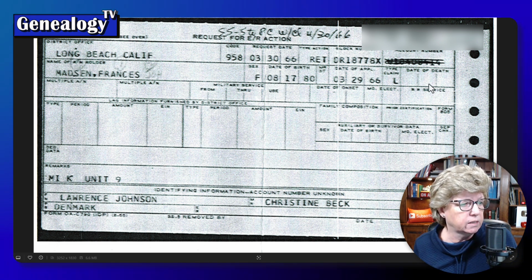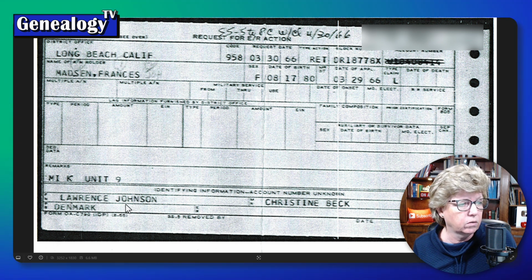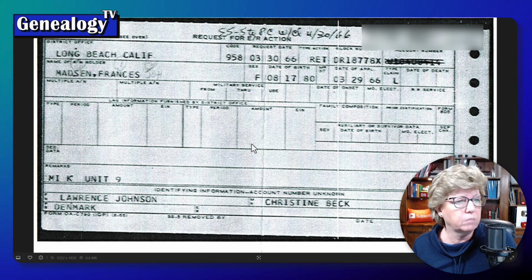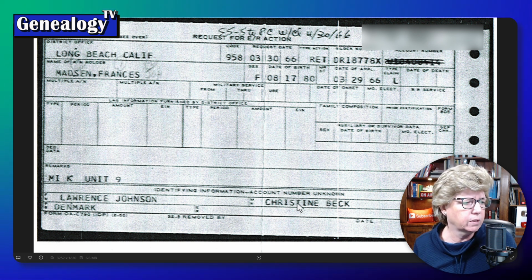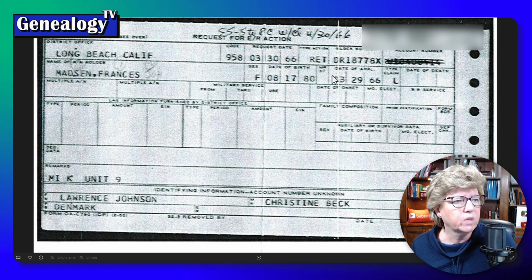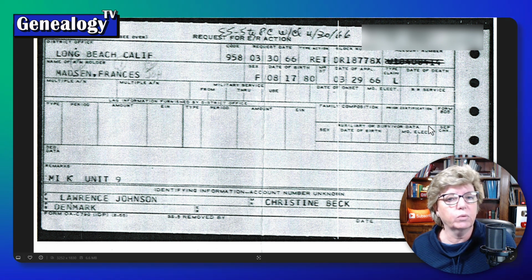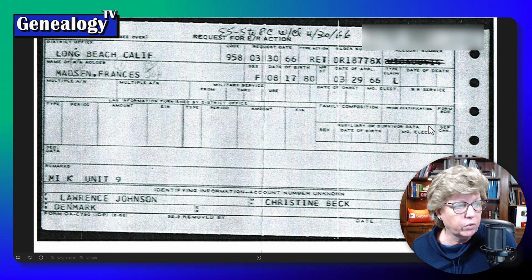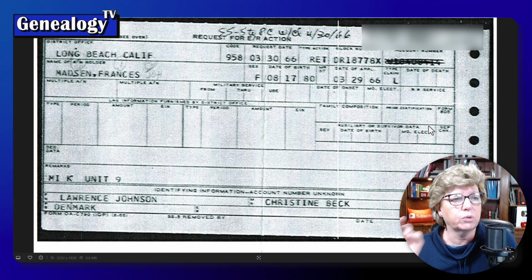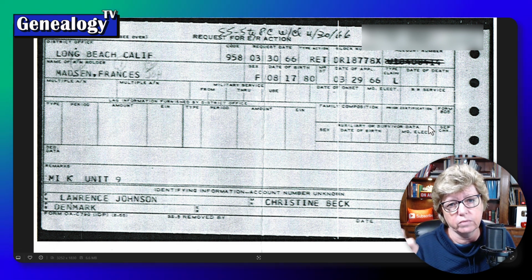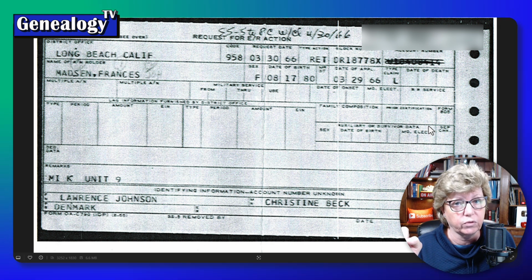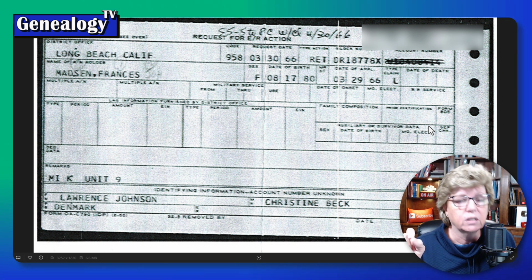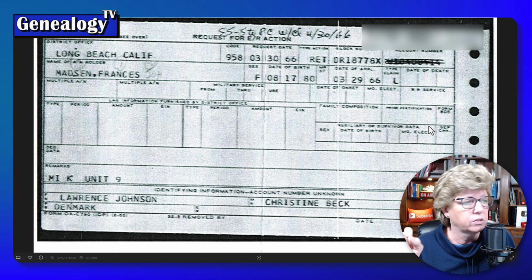And as you can see, it's got her parents, Lawrence Johnson and Christine Beck, listed here. These are kind of Americanized names, but neither one of these people, I believe, came to the United States. Lawrence might have. Long story short, it's got all the information. We can confirm it with the Social Security number. And that's it for this record. Now, this is a computer printout. This is not the original record, and apparently it was not available for this ancestor. But apparently some of the SS-5s in their original form with the ancestor's signature are still available.